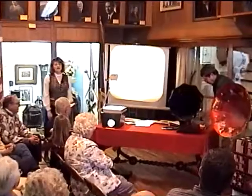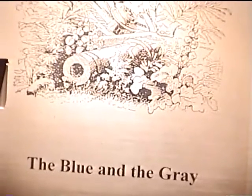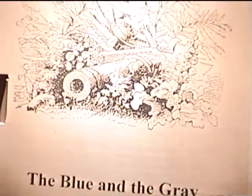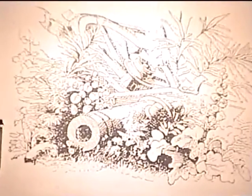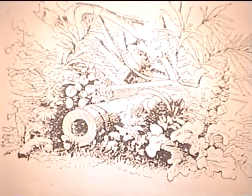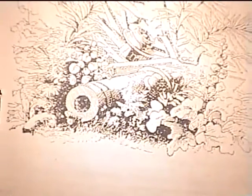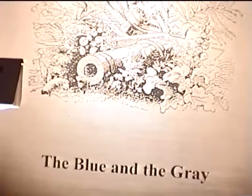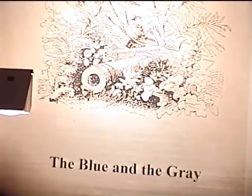nation finally could rest. The stirring martial songs of wartime gave way to hymns of peace and reconciliation, but it was very difficult for the South to reach out to the hand that was extended from the North. They were embittered, they were hurting, much of their land and way of making a living had been destroyed. So it was very, very difficult for them to embrace any kind of brotherhood with their former friends and brothers